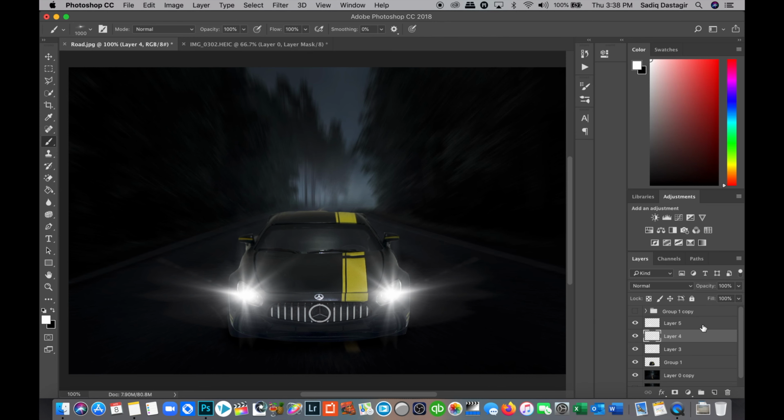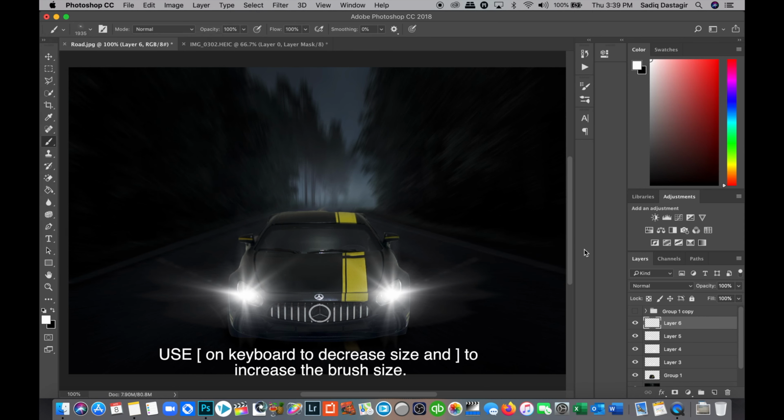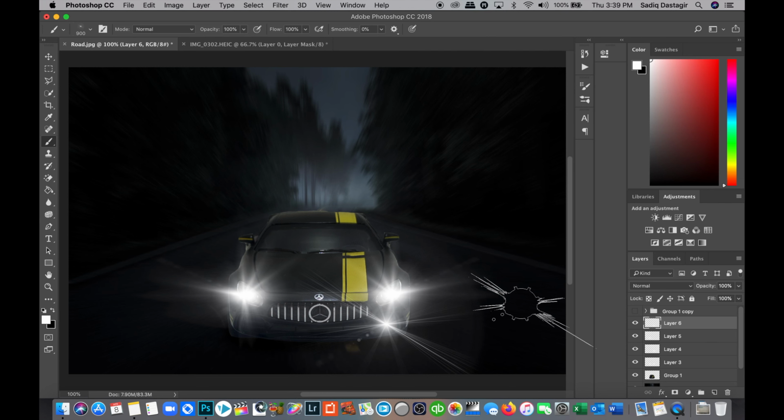We will also add some more sporty light here. We added another layer. Now I wanted to add a fog lamp below over here to make it look more beautiful and more realistic. I'll select flare number 7, and here we go. Depending on what size you want, here we place a fog lamp. We did that here. Oh, that's looking so nice.